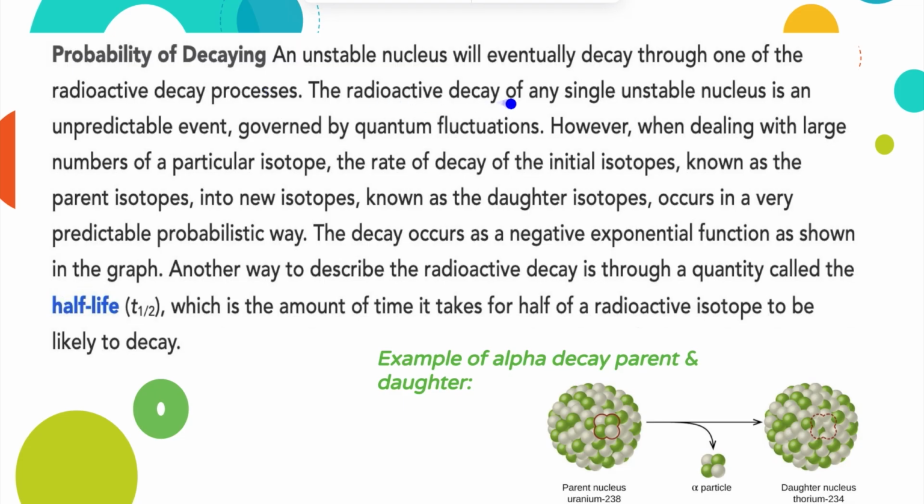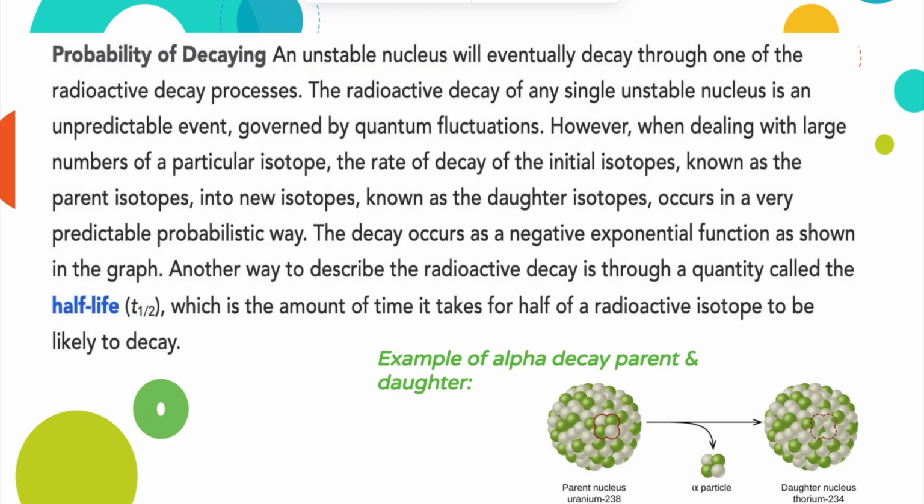But the radioactive decay of any single unstable nucleus is unpredictable, kind of based on a couple of things. So if you have a sample, you don't actually know when one specific particle is going to decay. And so the decay occurs as a negative exponential function. Another way to describe radioactive decay is through a quantity called half-life. And so we're not going to actually do the math of the functions for this, but we're going to look